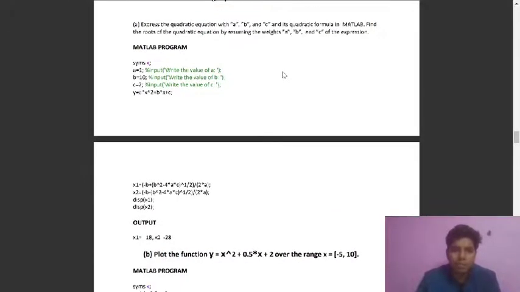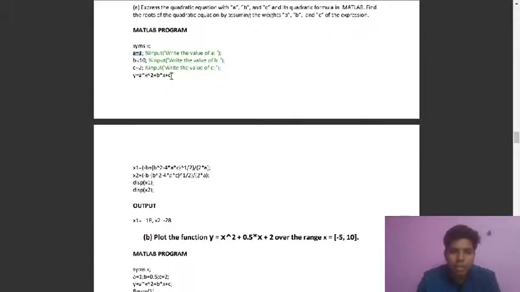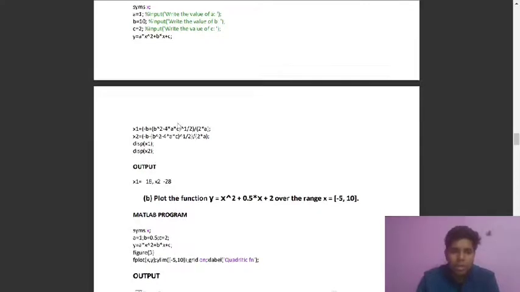So this is our MATLAB program. Here we are assigning x as a symbolic variable, like I am assuming that x is some variable, and I am going to give some values from this range to this range. Okay, so here we are assigning a as 1, b as 10 and c as 3. Then we are creating a mathematical expression. So here this is a x square plus bx plus c. Then we are assigning x1 as minus b, as we know the root of any quadratic equation is minus b plus minus square root of b square minus 4ac, divided by 2a. So this is the plus part, this is the minus part. So here we are assigning this.